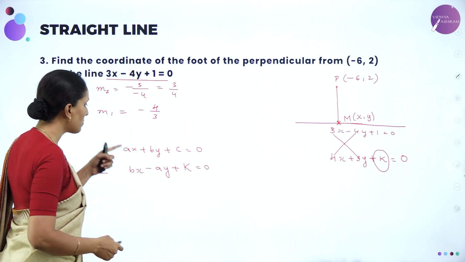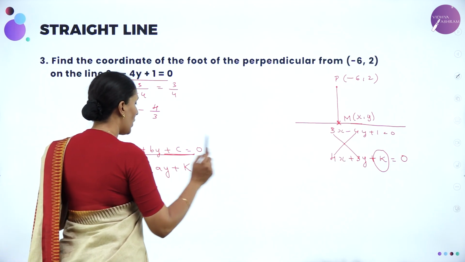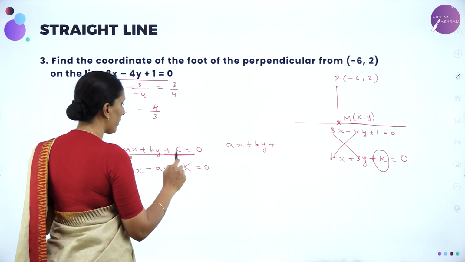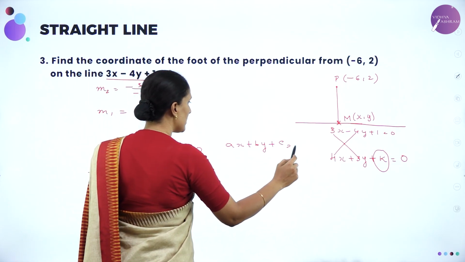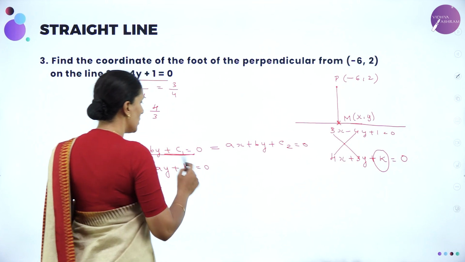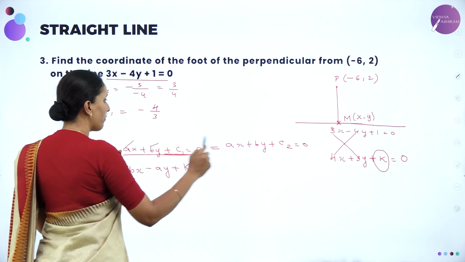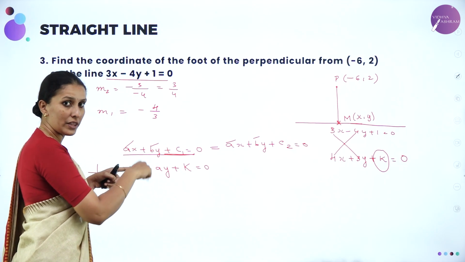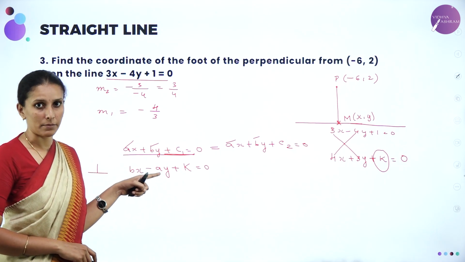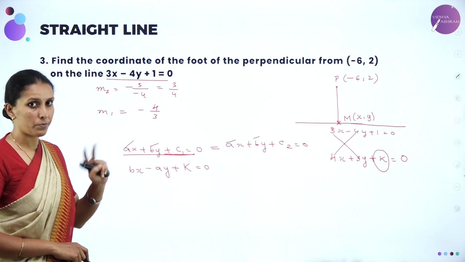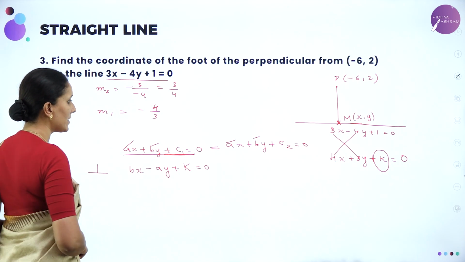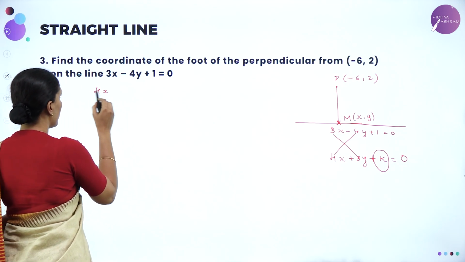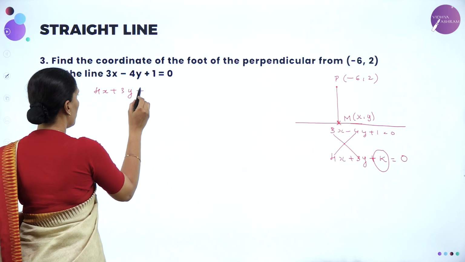But any line which is parallel to this line will have the same equation but with two different constants. Here it is C1 and here it is C2. We have already learned this. So parallel means same coefficients of x and y, but perpendicular means interchanged coefficients with a change of sign in the second term, because their slopes are negative reciprocals of each other. So now here, the required line is of the form 4x plus 3y plus k